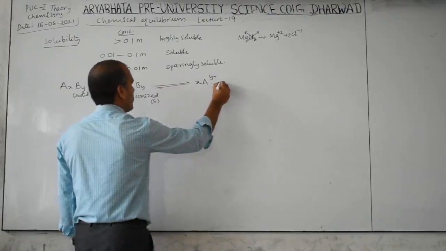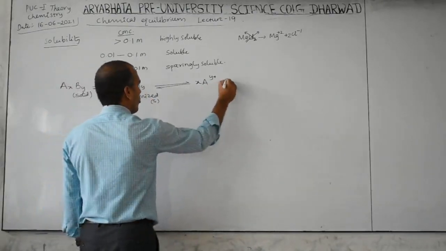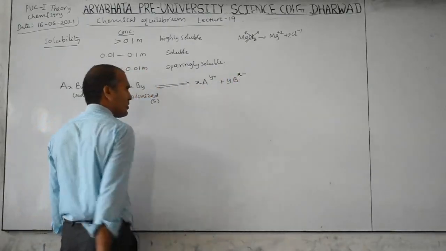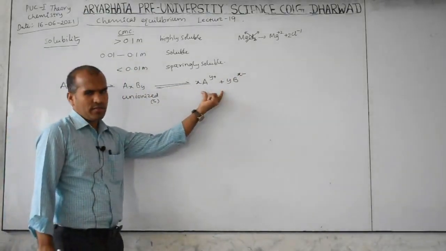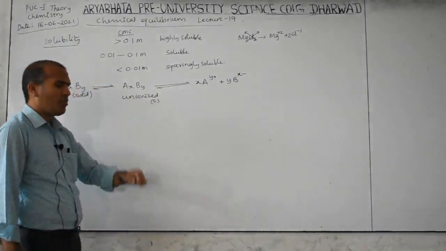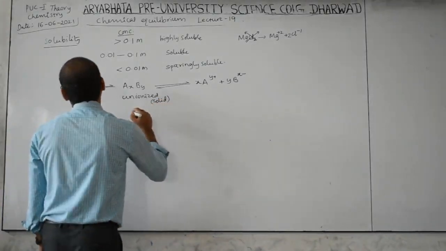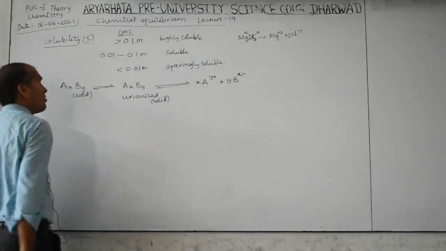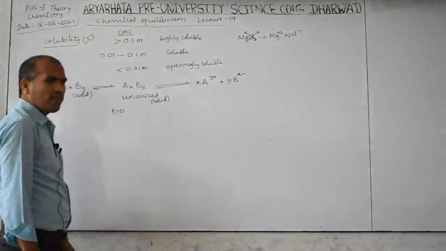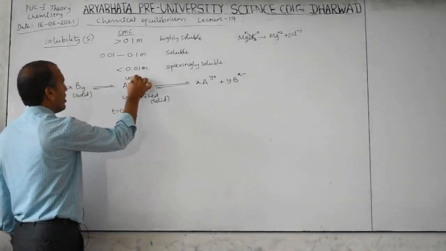No problem. Plus how many moles of B are there? Y moles of B, cross multiply, this is X minus. These are ionized form, this is unionized form, these are in equilibrium. So this is not completely dissolved, this is solid. Don't consider this as solubility. Solubility term is generally represented by S. This may be clear. So now at T equal to 0 time, this is not dissolved, undissolved form. Note that also if you want, undissolved.